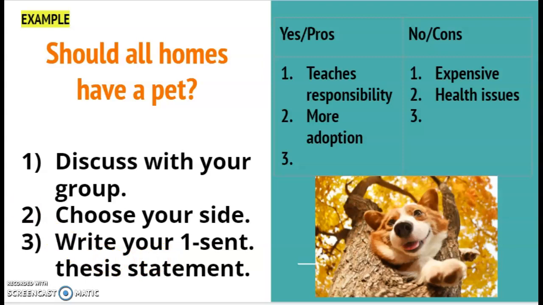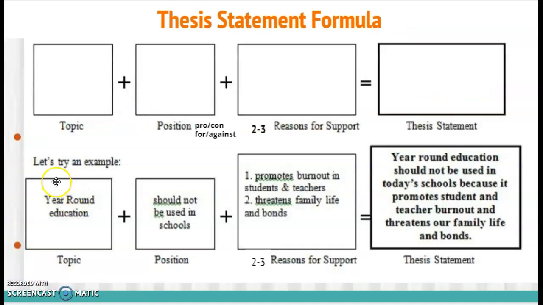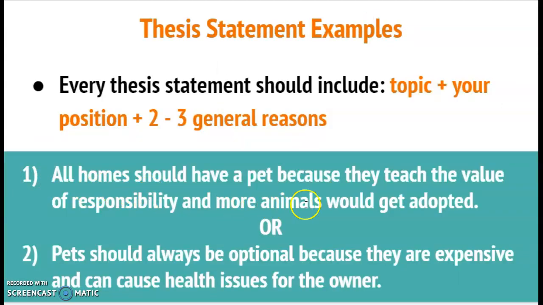So, okay, once we have our pros and cons, then you write it. Remember, every thesis statement should include your topic, your position, and 2 to 3 general reasons. So I'm going to go back to this. Your topic, your position, your 2 to 3 reasons. So, all homes should have a pet. Okay, remember this is a topic. All homes should have a pet. That's topic. And then right here, should have a pet. That's your position. They should. Because this is going to signal 2 to 3 general